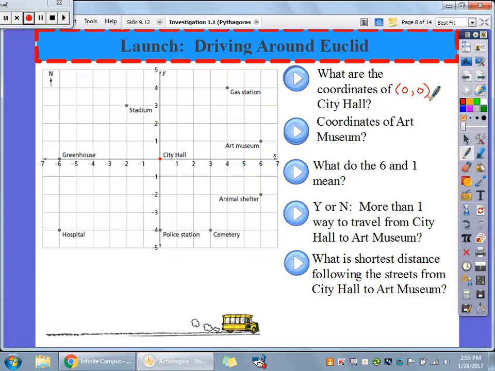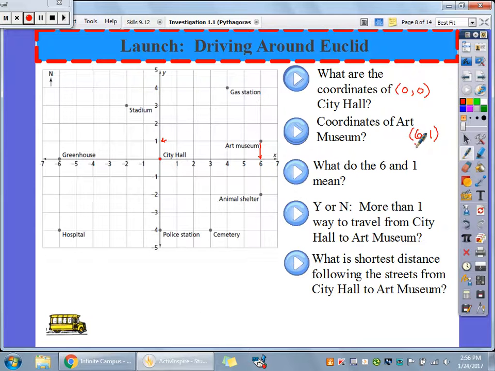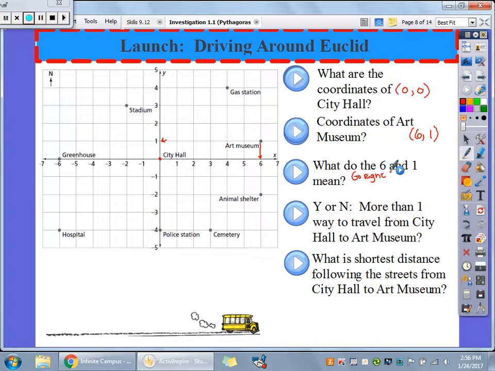Okay, the coordinates of the Art Museum. Okay, so the Art Museum is right here. And remember, if we draw our arrow down and we draw our arrow across, okay, do the x first, so 6, 1. And then what do the 6 and the 1 mean? Well, the 6, because it's positive, tells us that on the x-axis we go right 6. And the 1, because it's positive and it's the y value, tells us